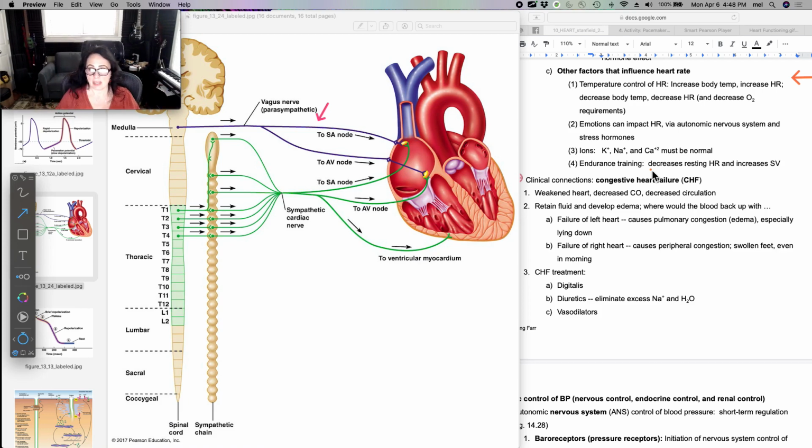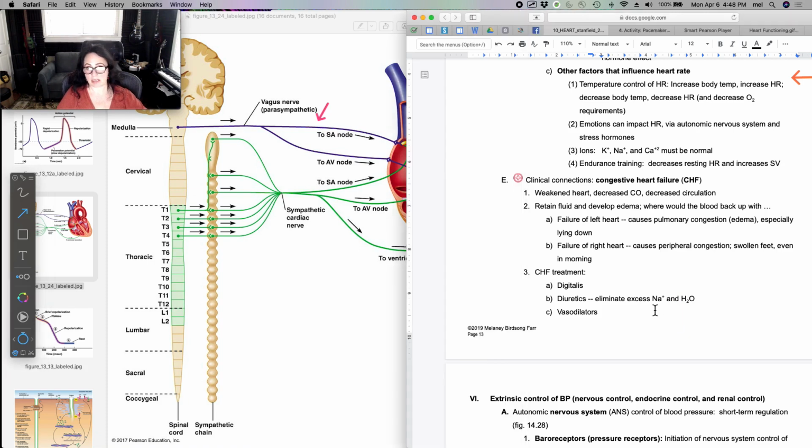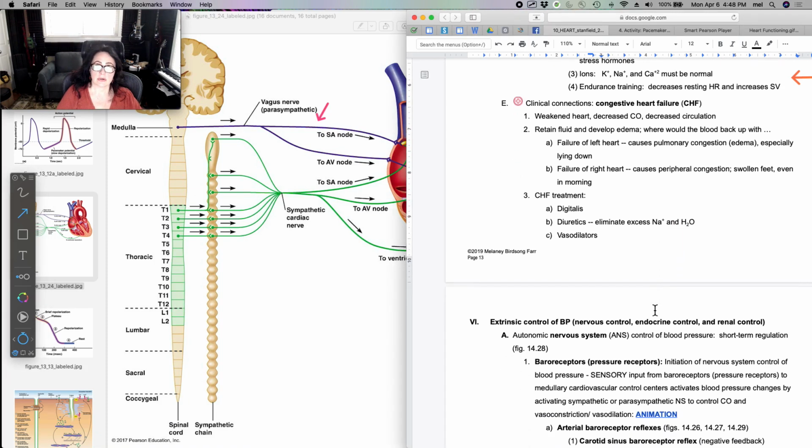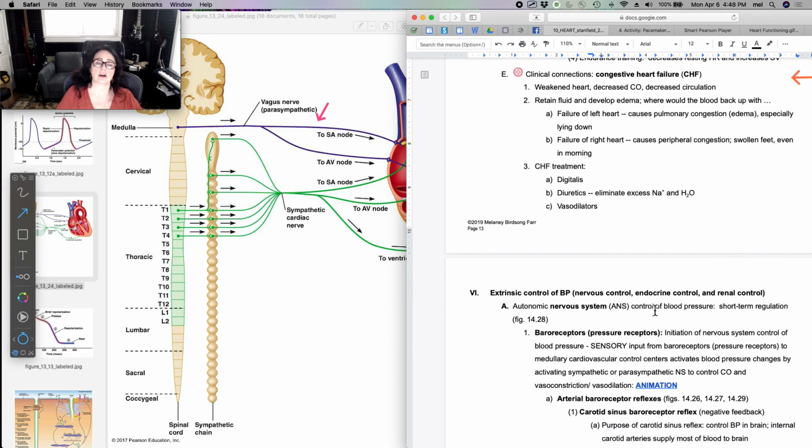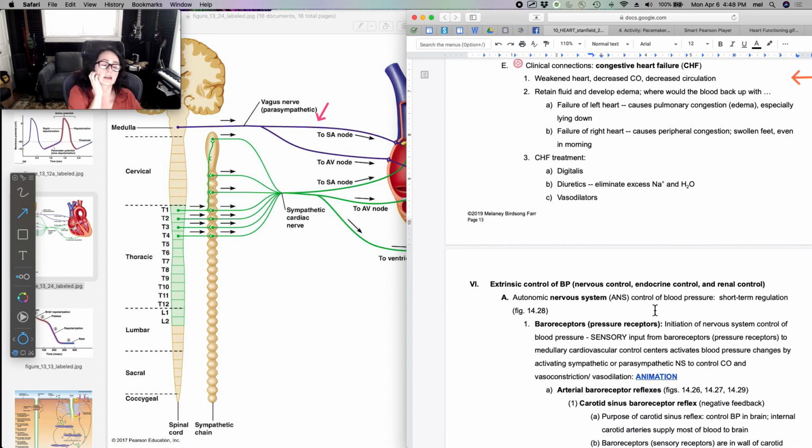Okay? And then last thing today, and then I'll finish the other part next time, is I want to talk just a little bit about congestive heart failure. So congestive heart failure is really interesting. Okay, so let's see if I can explain this. I usually flap around in the room to try to explain it, but I don't have much flapping room here. All right, so what happens with congestive heart failure is